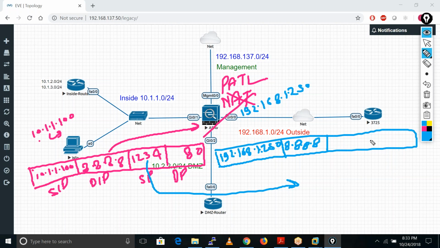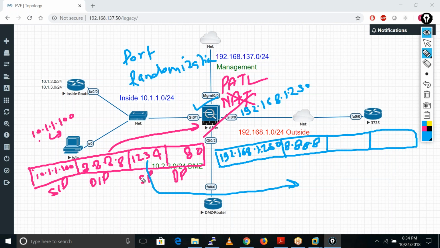Let's suppose the port number is 1234. So sometimes what happens is that this ASA firewall also does port randomization.